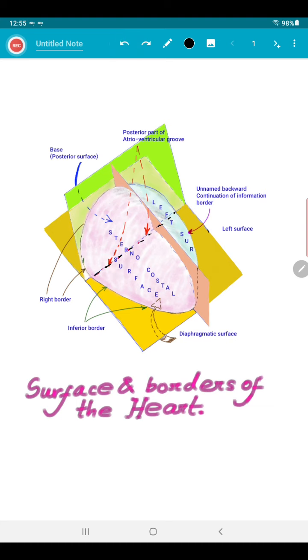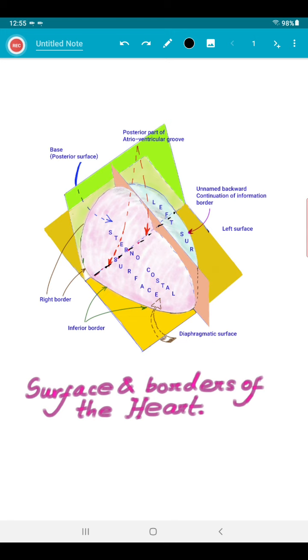Now the left side of the base of the heart: the left border of the left atrium extending from the upper to the lower left pulmonary vein. So upper pulmonary vein, lower pulmonary vein. This is the left border of the base of the heart. So we are now very much acquainted with the base of the heart. Now come to the next point, which one is the right border. Before going to the right border, I must say one thing. I have described the base of the heart, which is the anatomical base of the heart. Now there is another term, the clinical base of the heart.